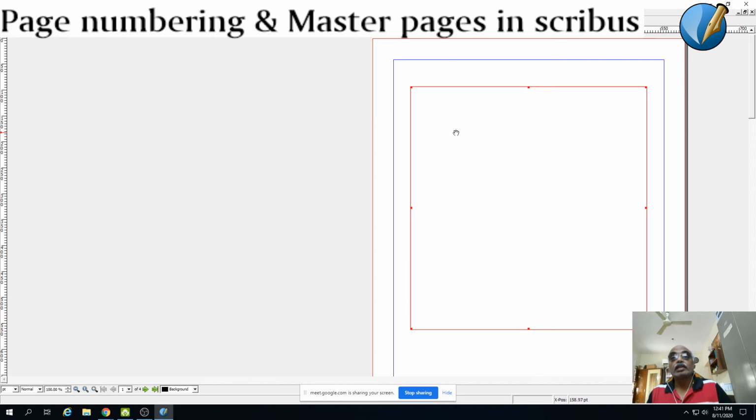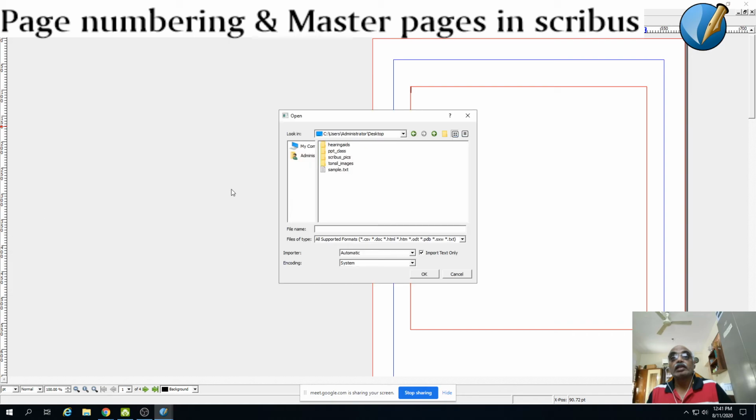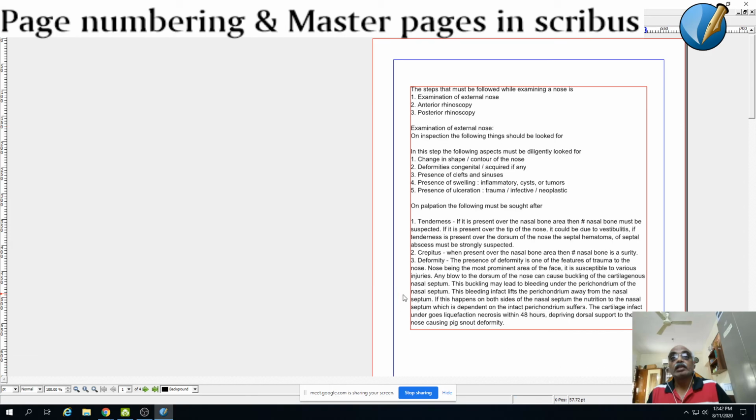Here you can not only type the material which you want to be printed in your book, you can also import, get text. The text can be got from either a notepad or a HTML or CSV, any other document. It can automatically import. You just ensure that you check the import text only, otherwise the entire thing will be muddled.